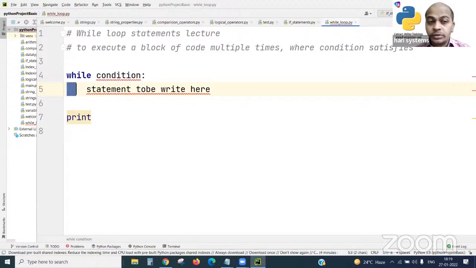You may observe this position is the indent, the indentation. Python always follows a tab of space, which is called indentation. This is the basic syntax. The statement code means any logic you prepare here, or anything you want to print, or information you want to show to the end user. In that way, you can prepare your own statements.